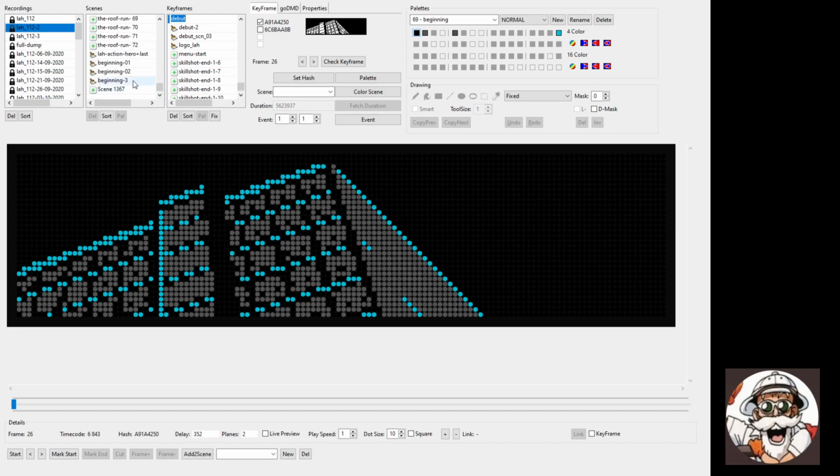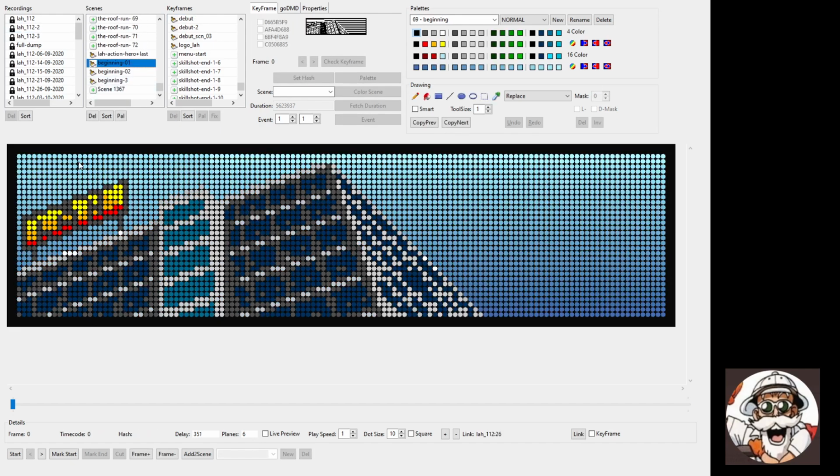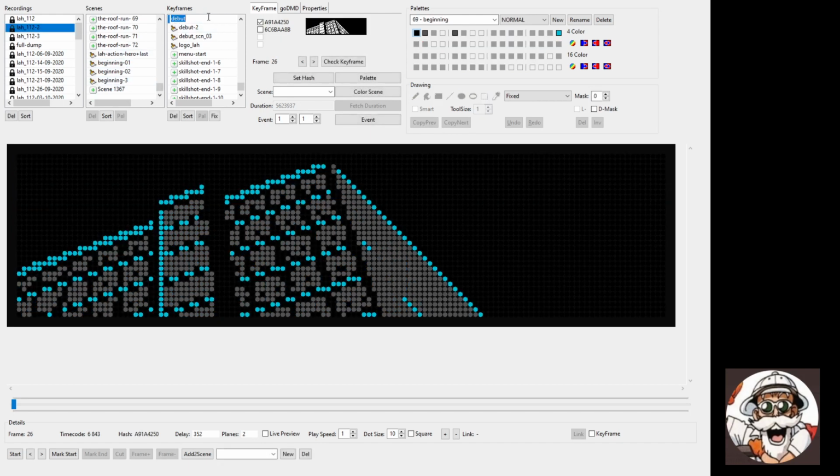When I worked on the new version, so you see here the new version with the background that is now the one running, you see that début, the keyframe, is now referring to another scene that is called beginning. So if you want to change the scene that will be loaded when the keyframe is triggered or found by the system, what you need to do is select the keyframe, then show its